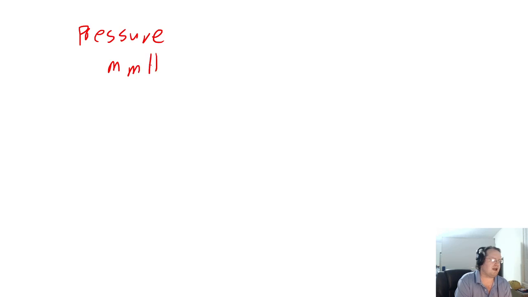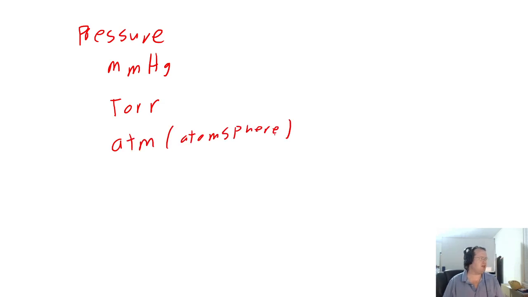So one of them, we write mmHg. This stands for millimeters of mercury. One of them is torr, and the third one we'll talk about is atm, or atmosphere. Which I could maybe spell atmosphere. I spelled atmosphere right, yay. So these are 3 units that we're going to use. So let's talk about where they come from.